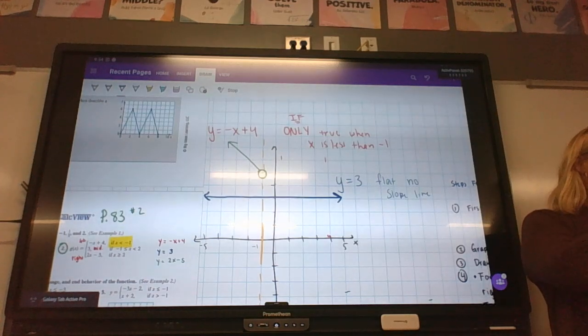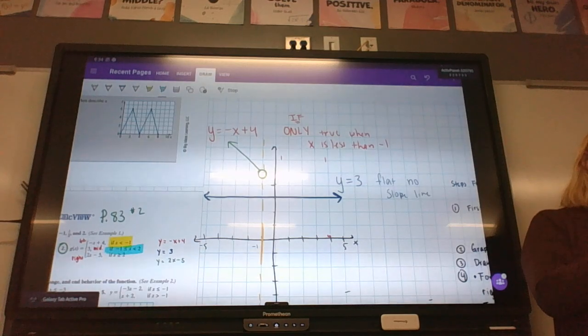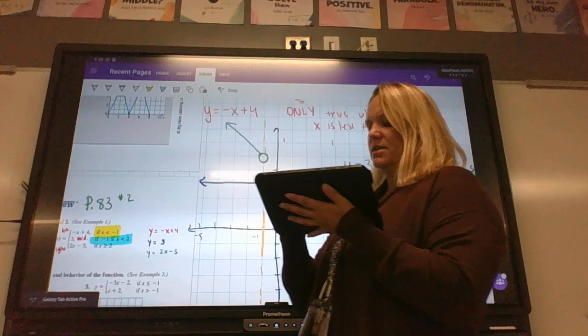Now I have to figure out when this is true. So I'm going to check on that if statement. So it says if